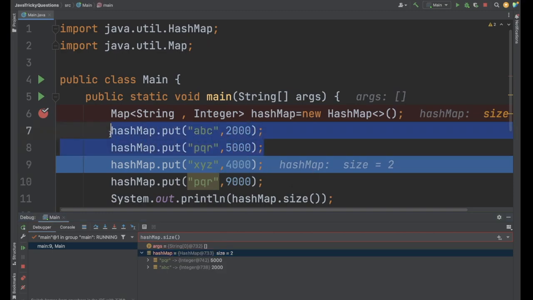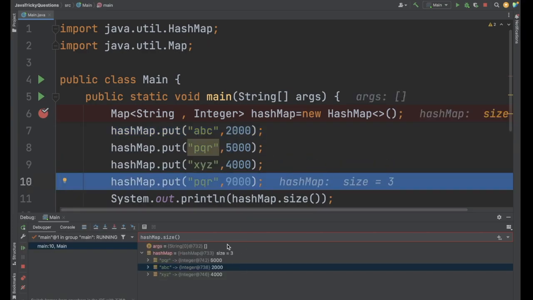Okay, so that's why the size is 2, and if you see here, PQR is having the value 5000 and ABC is having the value 2000. Okay, now let's go to the next line. So now we have 3 elements, so this XYZ is added, and now if I go to the next line,